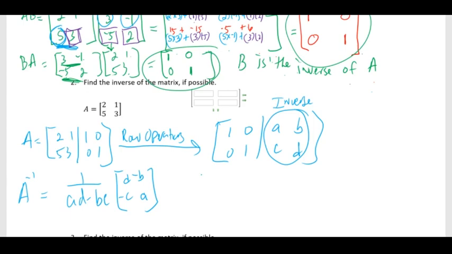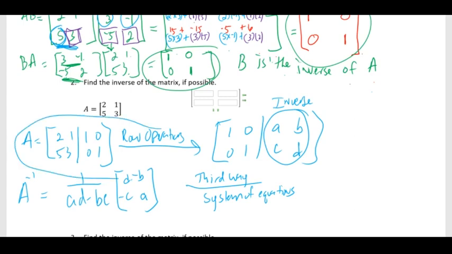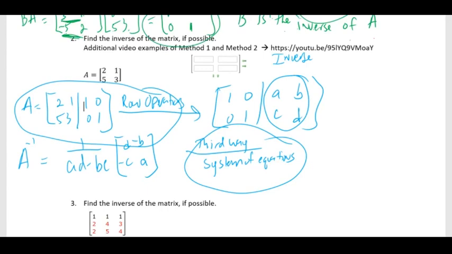Okay, and then the third way is to use a system of equations. Okay, so right now I will be using the formula. However, if you would like to see this example or the third way example, I will provide a video for you. Okay, so if you would like to see method 1,